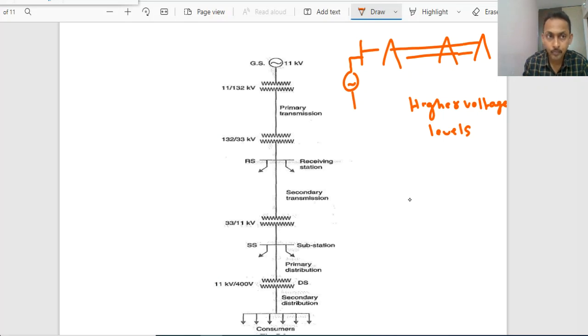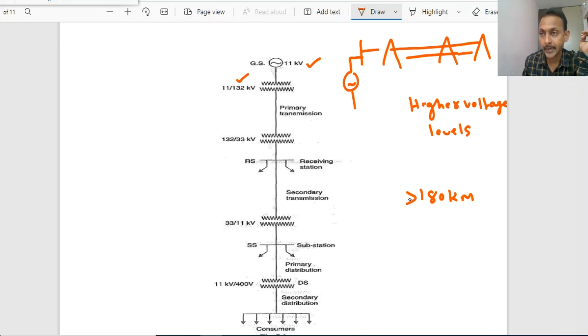So here, at the generating station, once it is generated, the power is generated at 11 kV voltage level. With the help of step-up transformers, this 11 kV voltage will be stepped up to 132 kV using power transformers. Once it is stepped up to 132 kV, it will be transmitted over long distances. Sometimes it can be greater than 180 kilometers also. The generated power has to travel sometimes greater than 180 kilometers in order to reach the customers